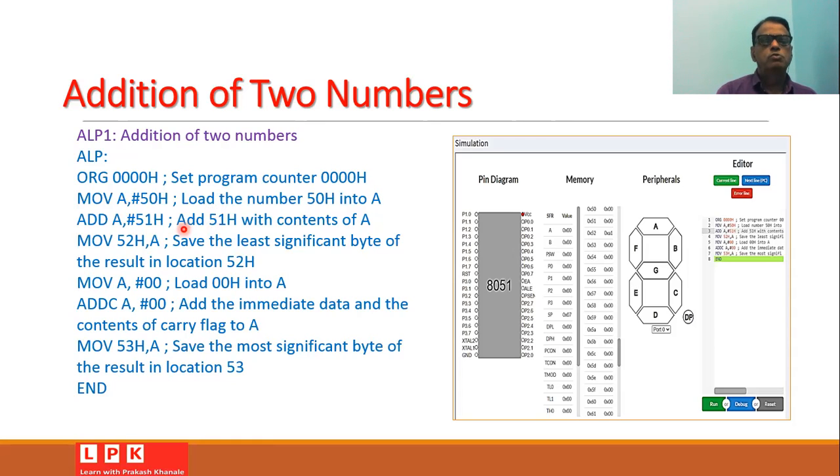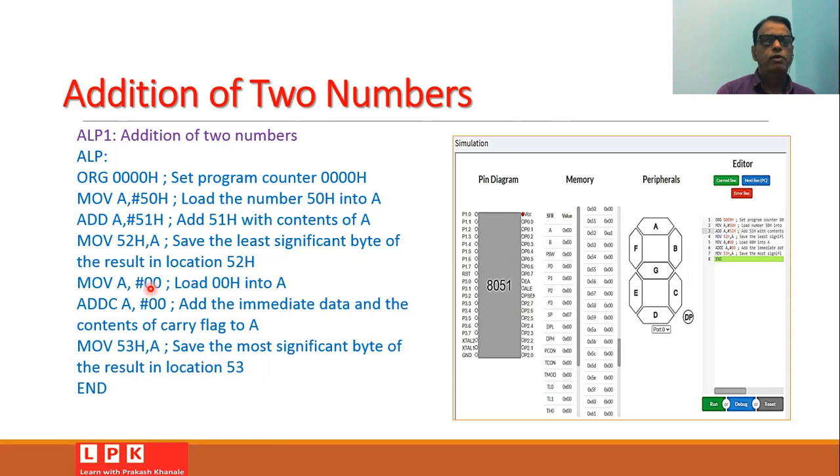Then we want to store the result. For storing the result, we will move the content of the accumulator to the location 52h. So the least significant byte of the result will be stored in the location 52h. Then we will move 00 into the accumulator because we want to take care of any carry if it is generated.